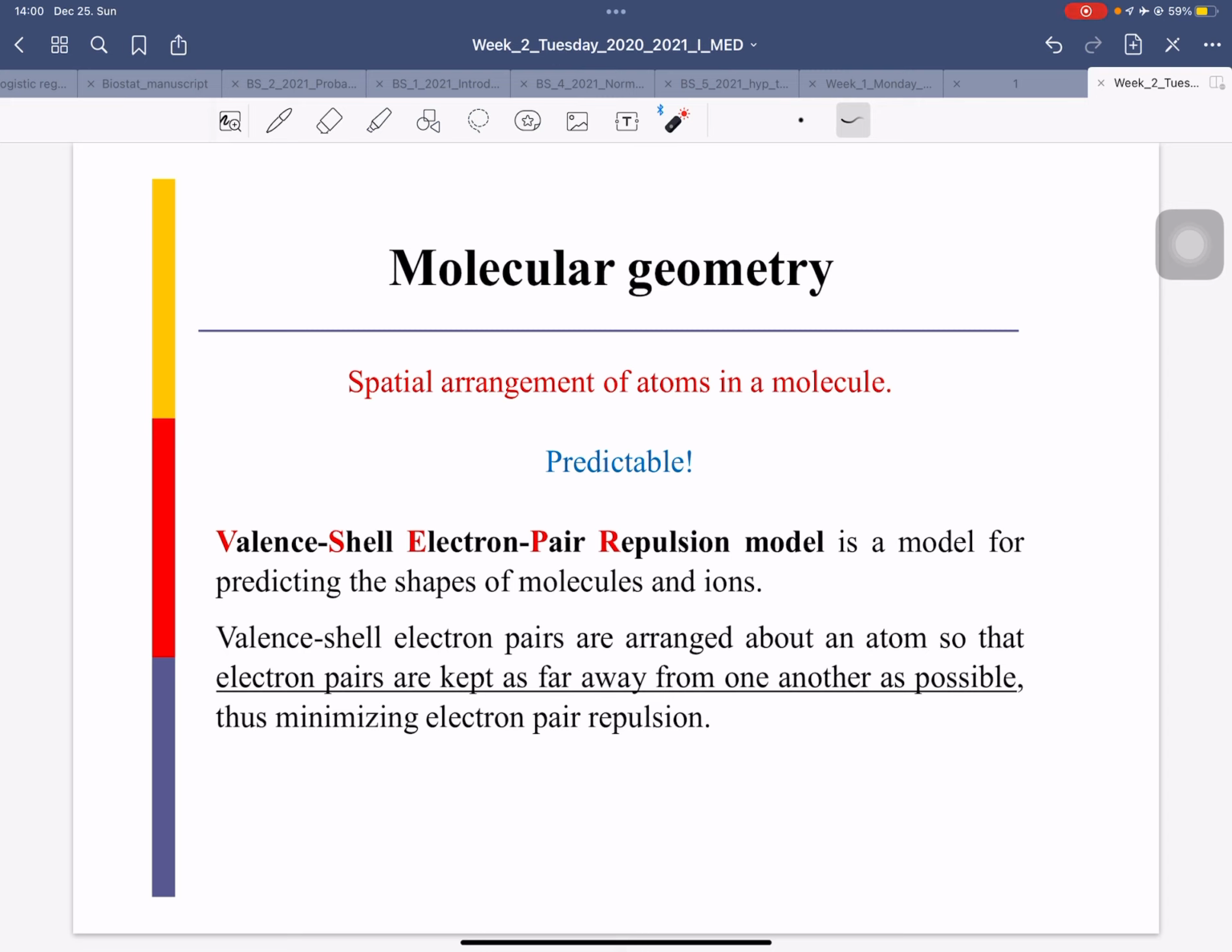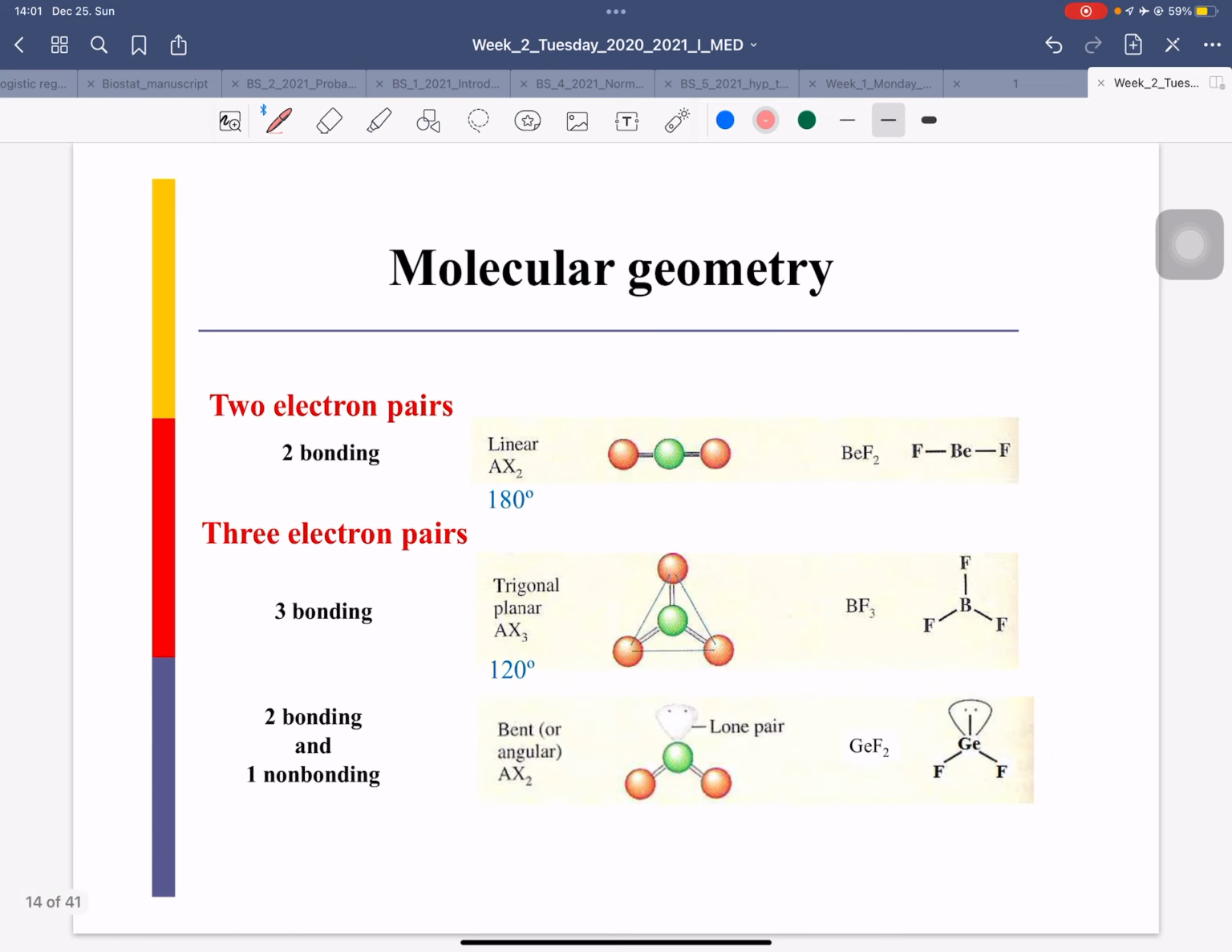Then there is the minimizing of electron pair repulsion, because as I mentioned, if we have a high repulsion, we have a low stability. In this case the molecule has low stability, and the structure will be unstable. From the molecular geometry, for example, if we have a